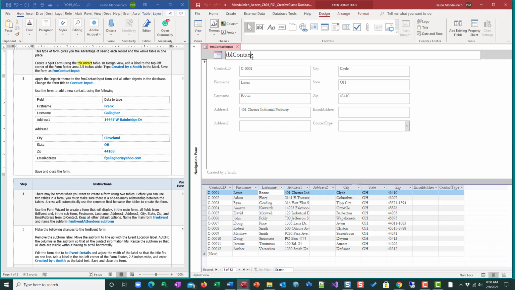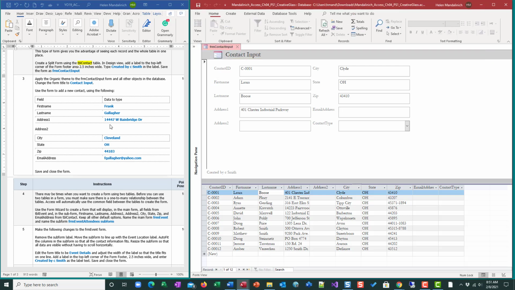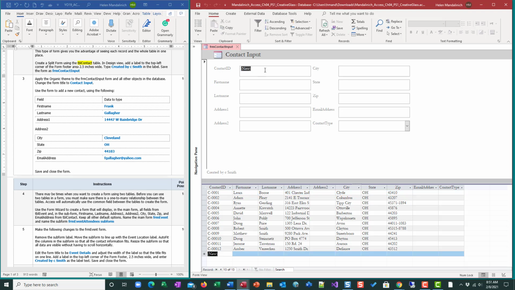Change the form title to contact input. Notice the font's a different style because we changed the theme. I'm going to go ahead and save it. And I want to switch to form view because now I want to actually put data in, right? So I'm going to go down here to the bottom and select new. And I am going to type in Frank Gallagher